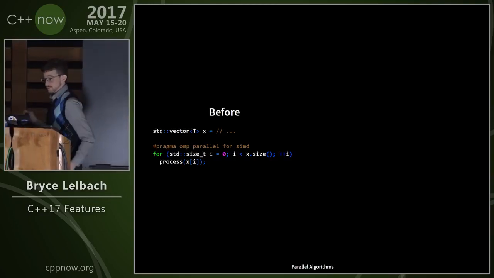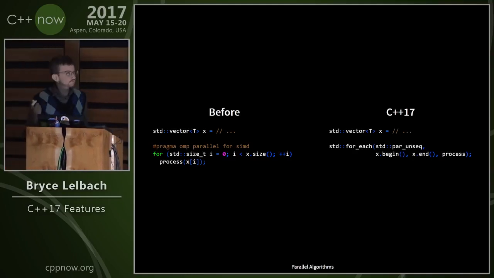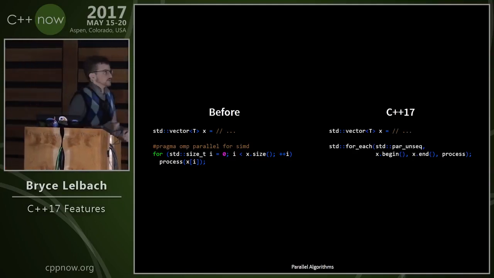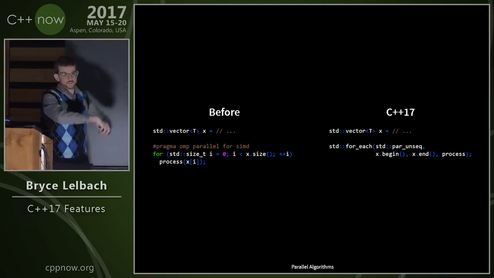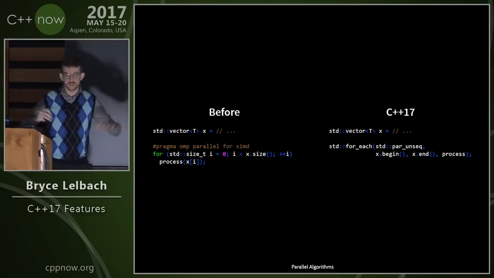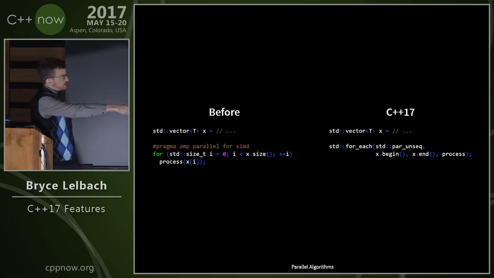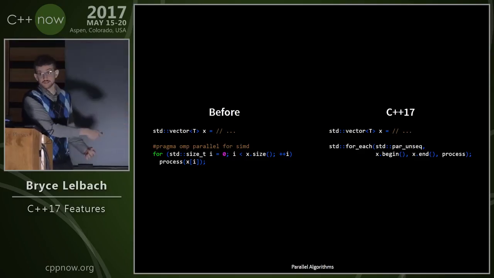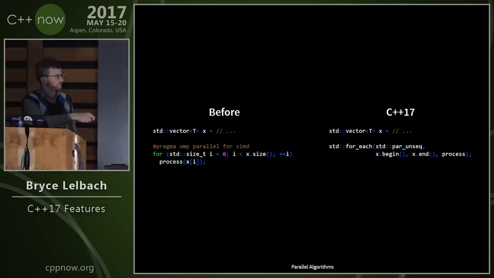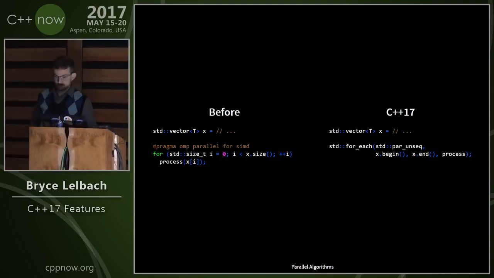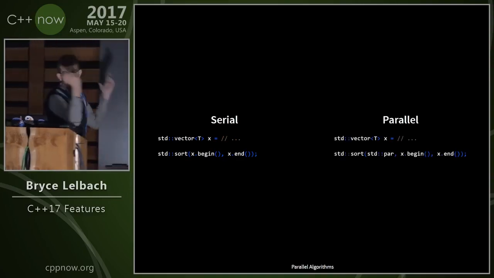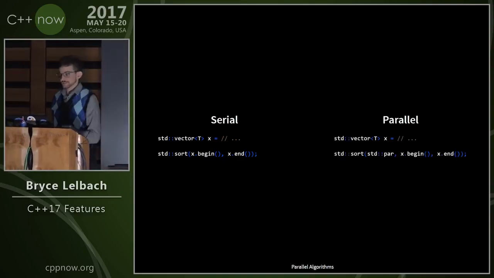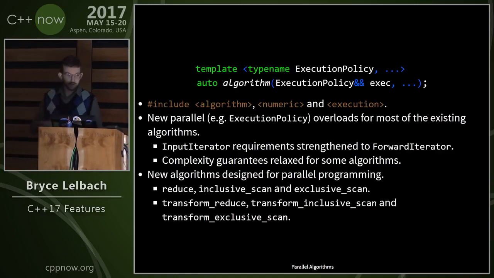So in C++17, we have parallel algorithms. So instead of writing this, you could just write std::for_each, just like the for_each that you know today, except that it has an additional parameter that you could pass at the beginning, which is an execution policy. And so these two are roughly equivalent. It's also like if you want to do a parallel sort, hey, there's your parallel sort in C++17. All right, so